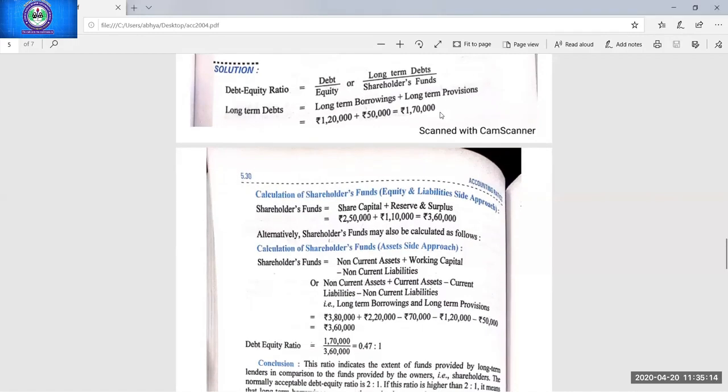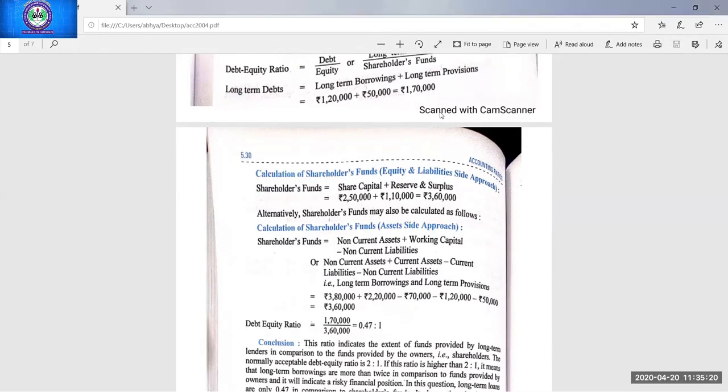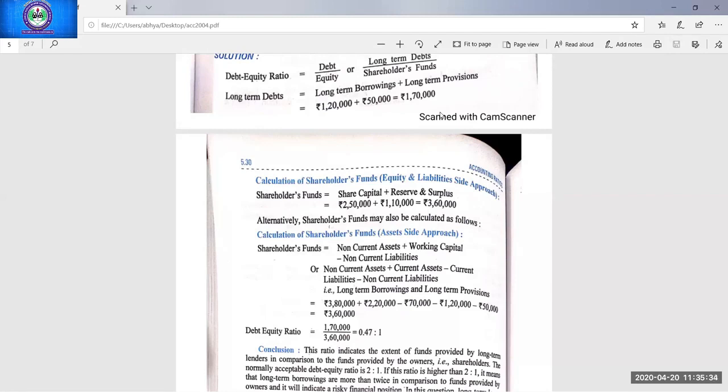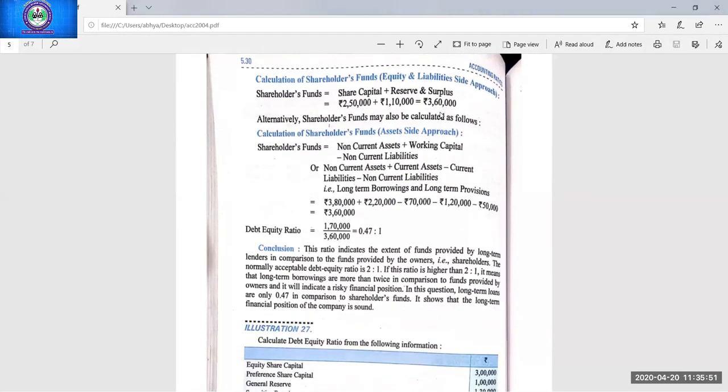Very good. Every time I told you that you have to find out the answer up to 2 decimals. Here we are not having much time, so just find the answer up to 1 decimal place only. In exams, you can find out the answer up to 2 decimal places. Okay, students, I told you earlier that for calculating the figures, you can use different formulas. In the solution, you can see that another alternate method is also given. The manner will be decided by you, in which manner you want to do the question. So the ratio is 0.47 is to 1.